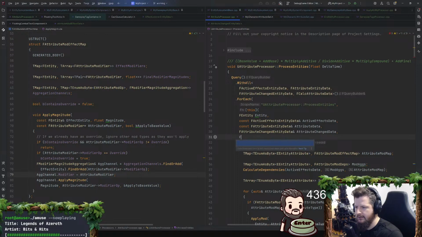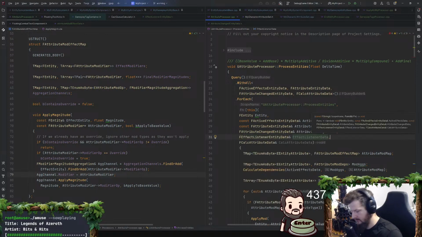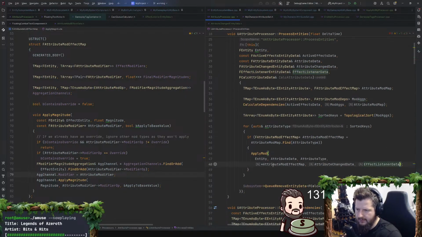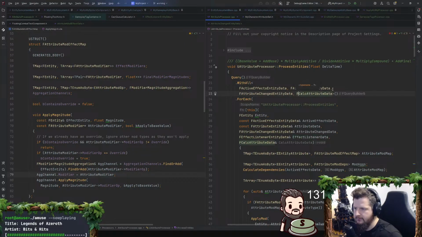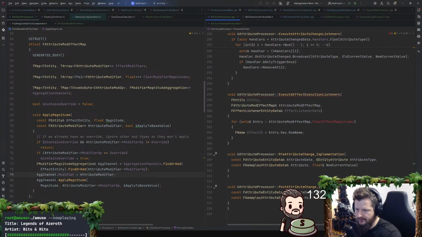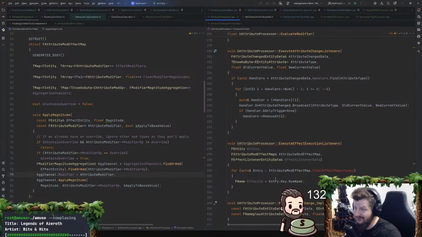Attribute change data, effect listener entity data. So grab that from the subsystem, hop lock and drop it down there. We need to make sure we register that with the query. We'll grab that from the query, pass it in, forward it through all these functions that I had to write. Dude, what if I didn't use any functions here?